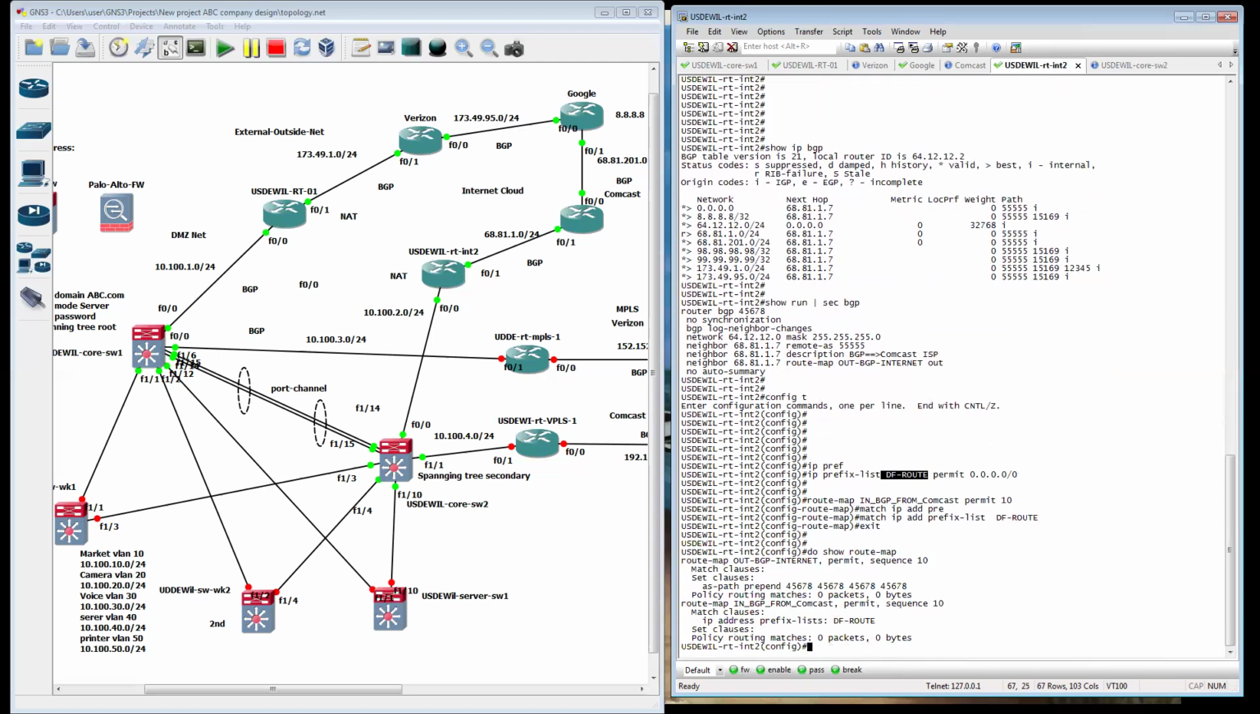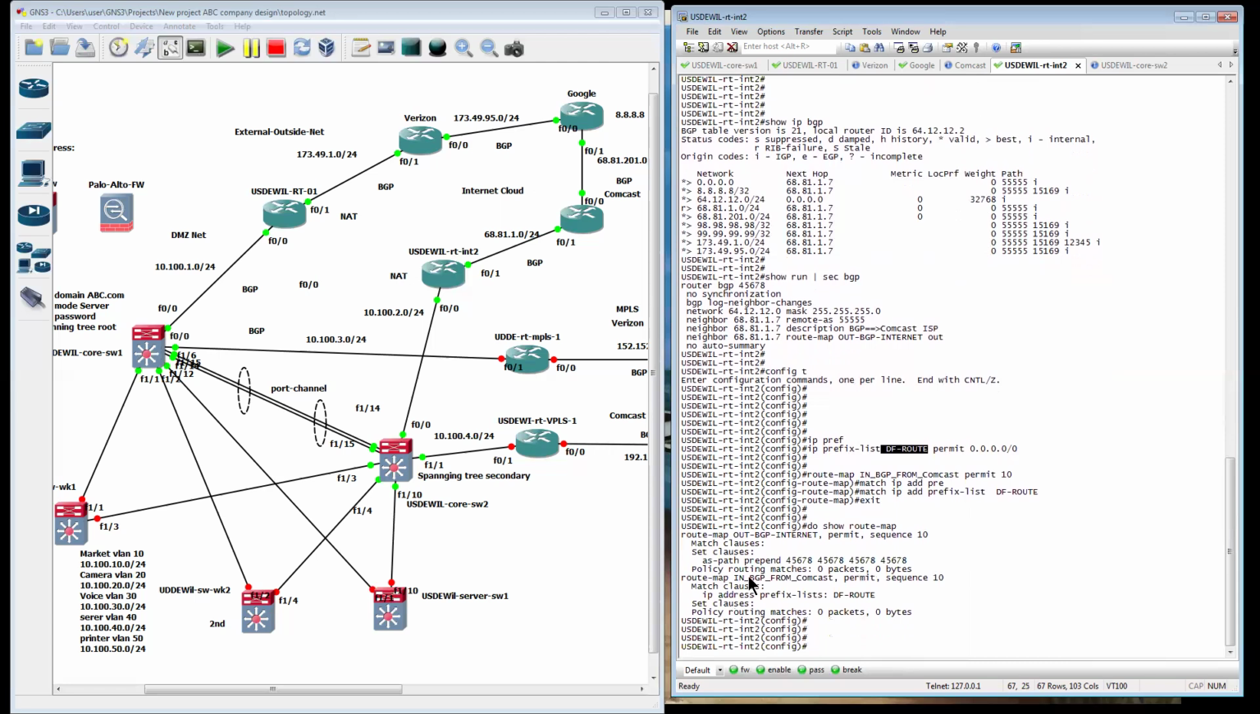See here. Okay, so now we have an inbound. We want to filter for inbound. So we have an inbound BGP from Comcast. We're going to match the IP address with this prefix list. But what is this prefix list? It is this one here, the default route. Now we're going to apply this route map to the inbound